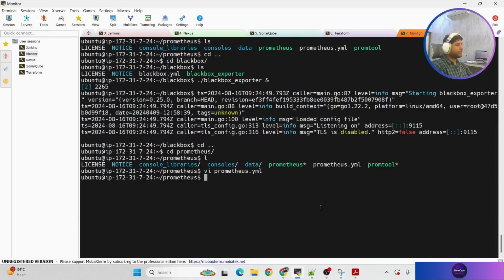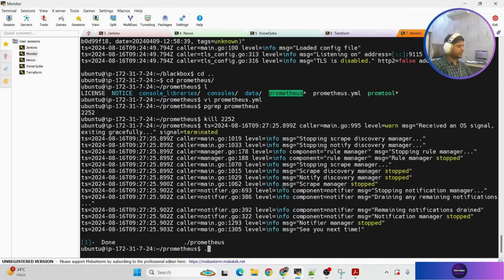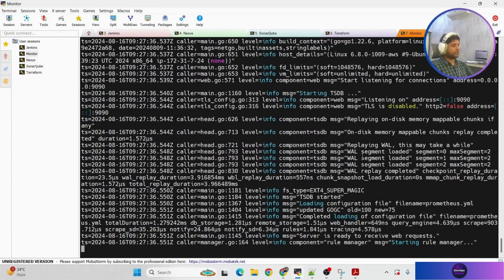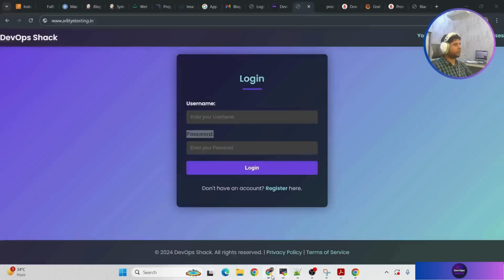Okay. And we need to restart Prometheus. So I'll run the command pgrep prometheus, which is going to give me a process ID. I can simply kill this process 2252 and I can restart Prometheus again. Okay. Sorry. We need to run it with an ampersand so that it runs in the background. Okay. So I have started Prometheus again